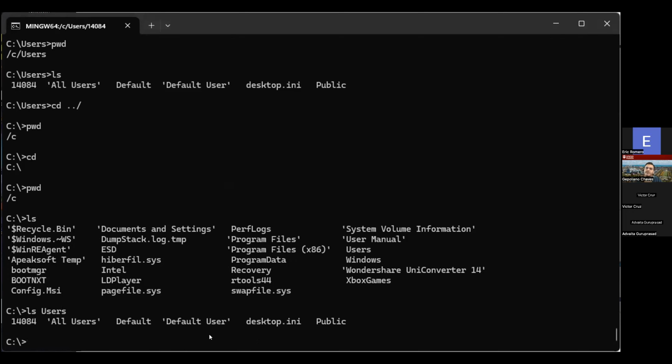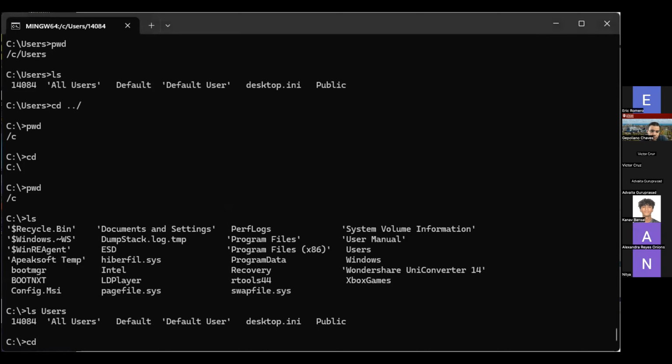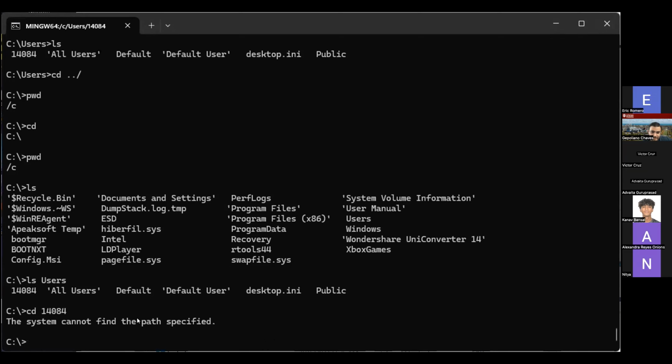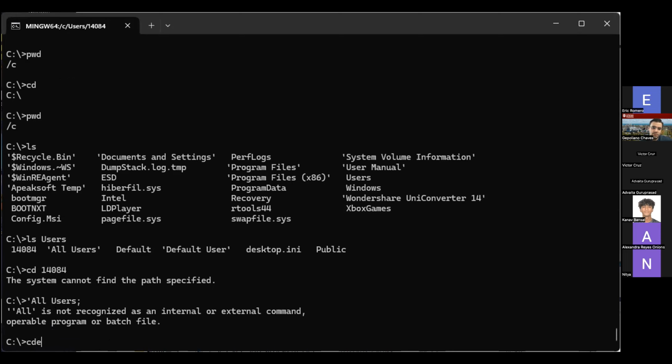Okay. Do you know where your desktop is located? Yeah, I think it's 14084. Do you mind going there and checking? Yeah, sure. Do you want my actual desktop or in the terminal? Well, your desktop in the terminal should be your actual desktop. I would think that it should be inside the users, maybe inside all users. Oh, yeah, let me look at that. You need to know where all your